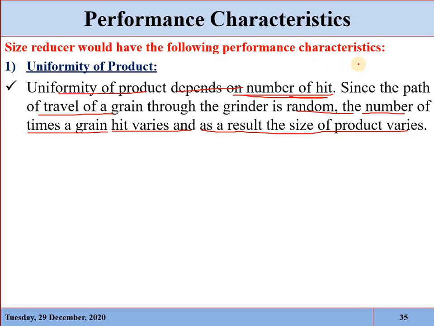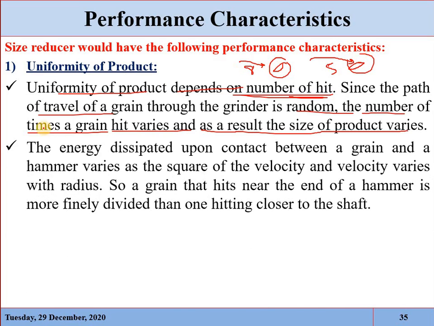Suppose an individual grain is hit 5 times, and another grain is hit 8 times, so it will be reduced finer than the first one. So if each and every particle of the agricultural product is hit the same number of times, then the reduction will be uniform. And the energy dissipated upon contact between a grain and a hammer varies as the square